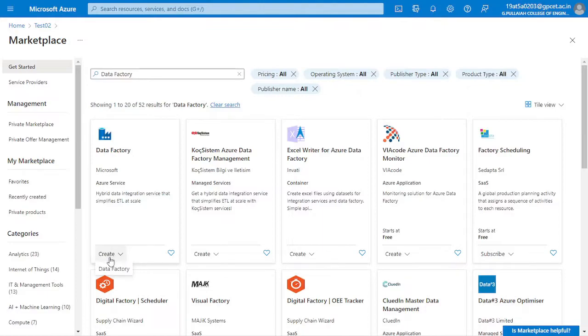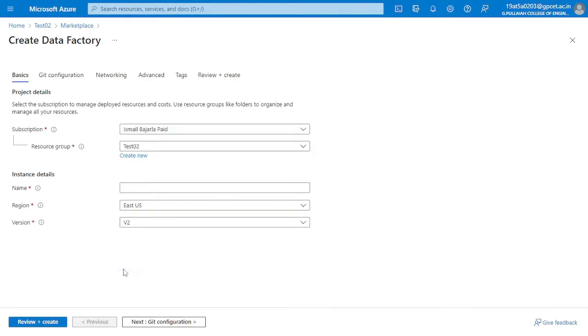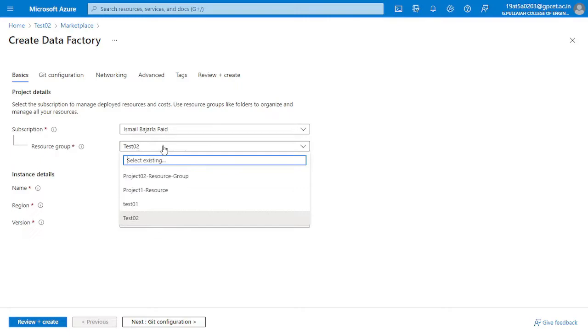Now click on create. It opens the page, and since we chose Data Factory from the resource group, it is automatically selected. If not, we have to select the respective resource group,